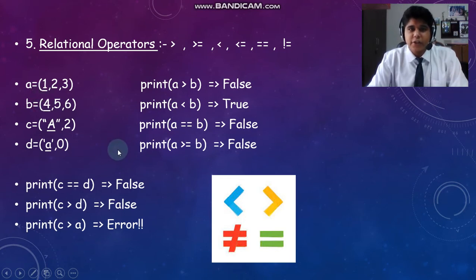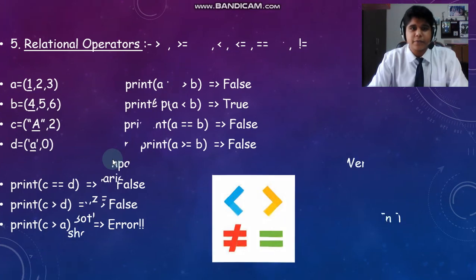There is one special condition here. We cannot compare a string to an integer type. It prints an error. Also, if we compare a string to a string type, it prints false or true. Why? Because we are comparing the ASCII code of capital A and small a. The ASCII code of capital A is smaller than small a. That's why c greater than d is false, because in actual, small a is greater than capital A in Python.